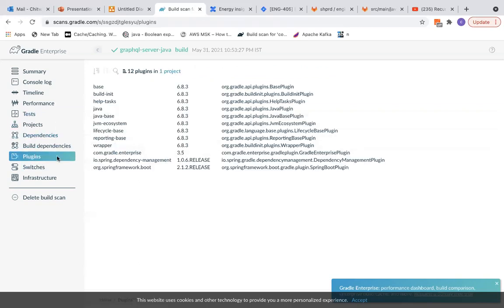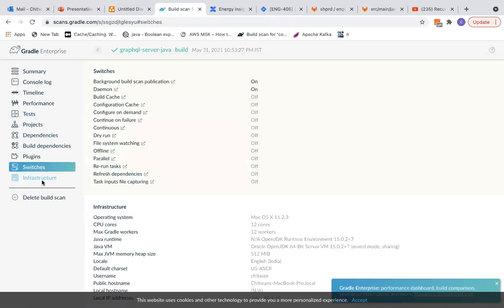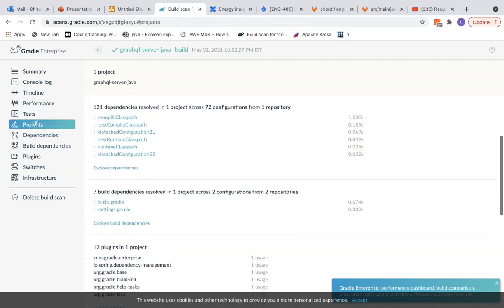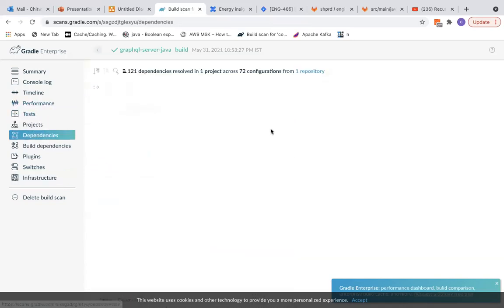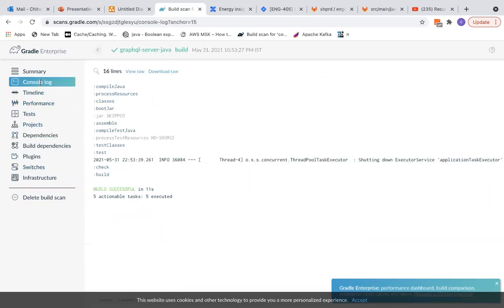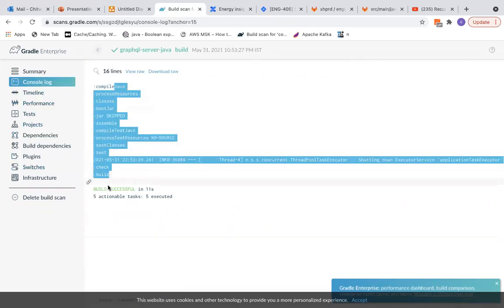What all plugins are included, switches, infrastructure, and yeah, we were discussing the performance also, right? It shows us the console log, what was the output of your build scan.